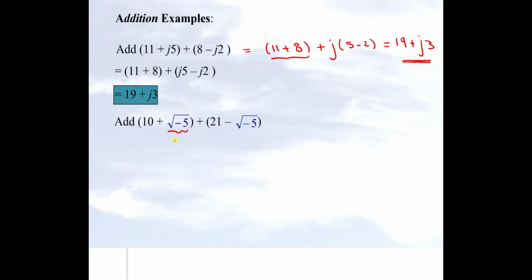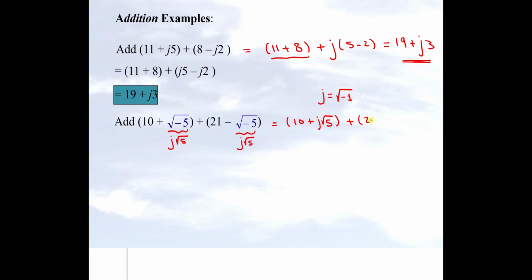So this number here is equal to j square root of 5, and likewise this number here is equal to j square root of 5. And please do not forget that j by definition is our imaginary unit, and this is equal to square root of negative 1. Okay, so now these two numbers are 10 plus j square root of 5